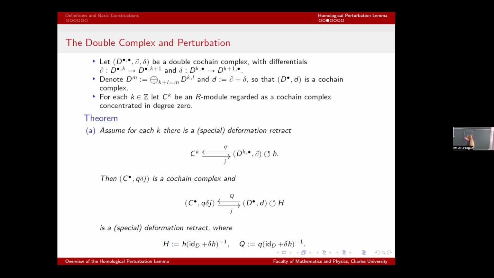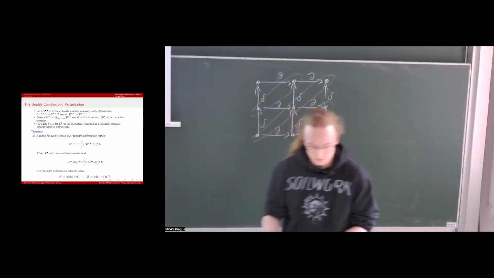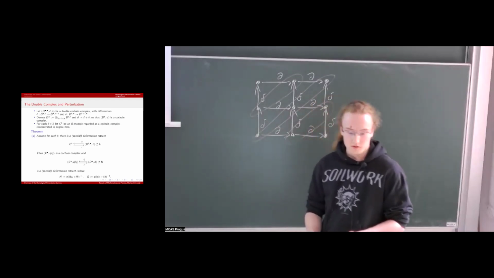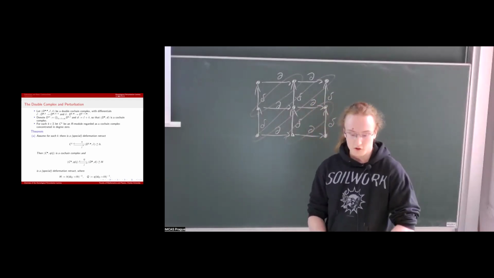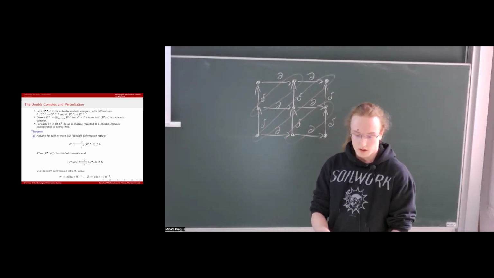So then if I take the direct sum of this row, this is then the element of the total cochain complex. And then the differentials go this way. Okay. And then if we take a collection of some R modules,